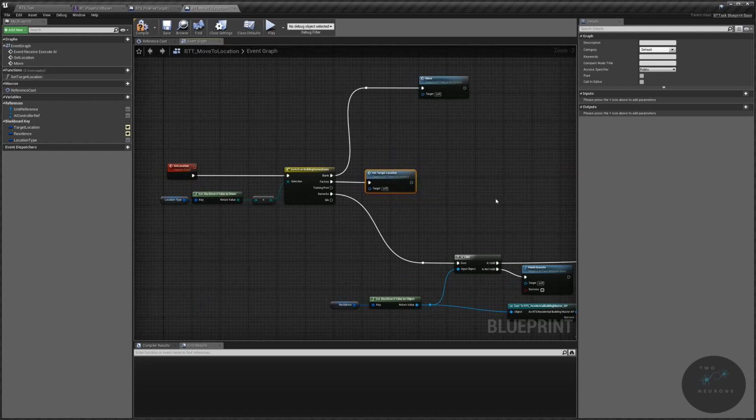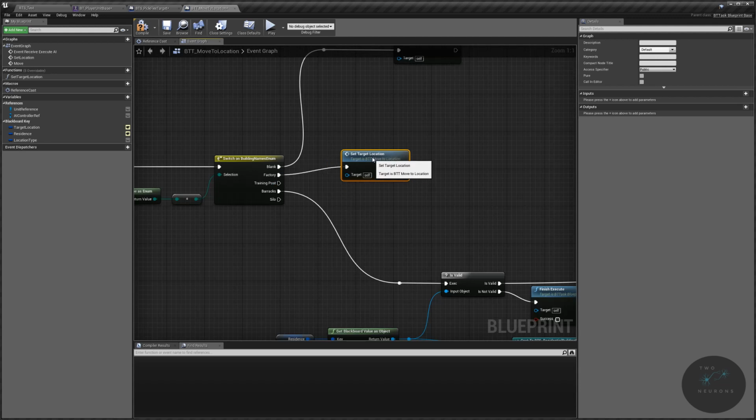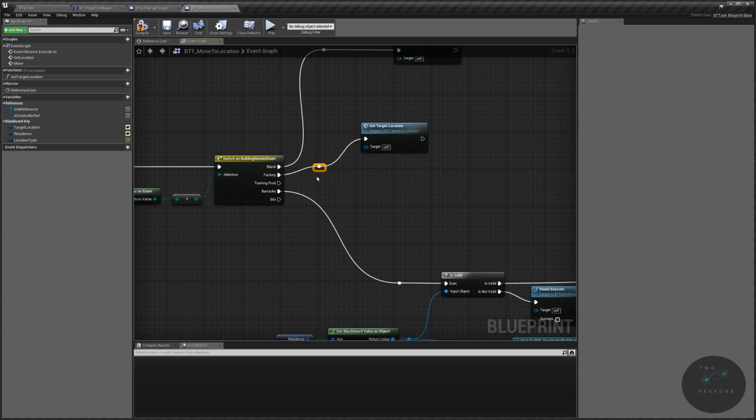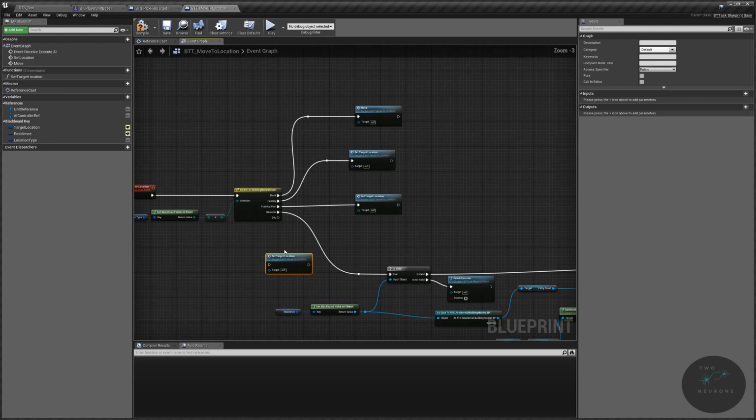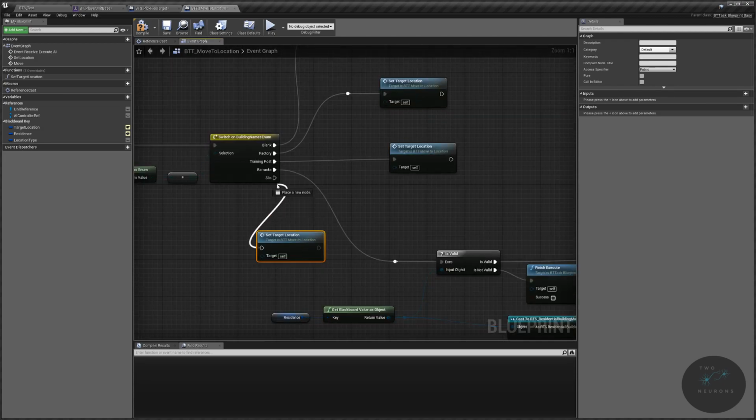All right, with our set target location, we are just going to call this up a couple of times. So, for example, we're going to call it up for our trading post. I'm just going to duplicate it to save some time. And we're going to call it up for our silo. Now,